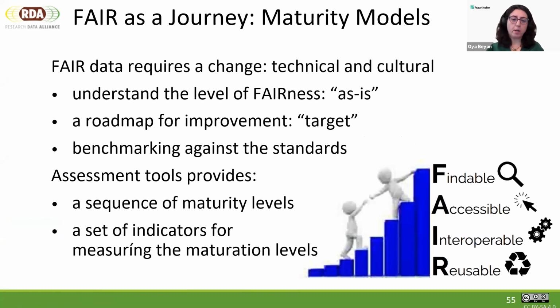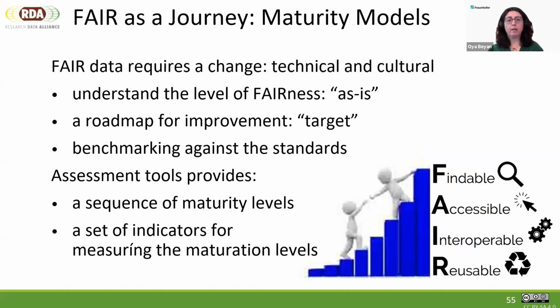Maybe first we should talk about why do we need to evaluate and what is the benefit of this evaluation. If you think about the FAIR data and FAIR principles, they are very nice guidelines, but implementing them is not always very easy and straightforward. You have to go through lots of hurdles, finding the community standards, building it, implementing it, aligning your technical architecture with FAIR requirements, and also there are cultural requirements to change the culture of data sharing. Therefore,